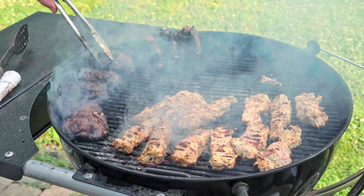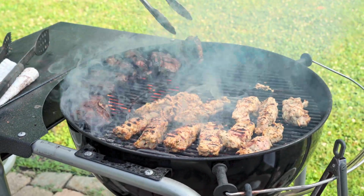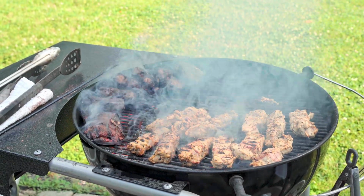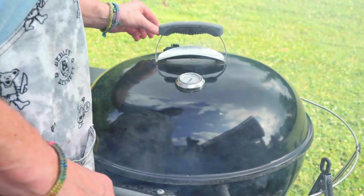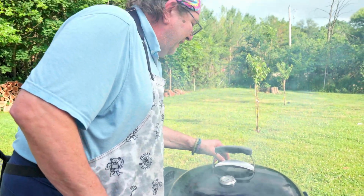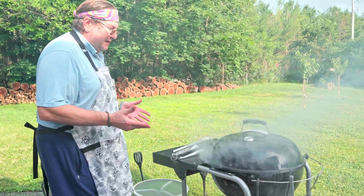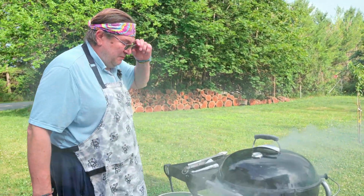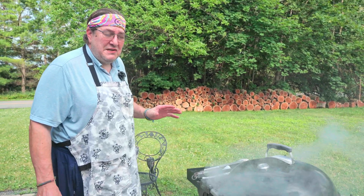Those are about medium rare right now, so I'm going to turn them on their side just a little bit. Now, say you've got a grill that's a little bit hot here and you still have to finish this up. You cover it. You open the vents about halfway so you don't put your fire out. And now we're going to bake this. My Weber has a thermostat in here. Once it gets up to about 400 degrees, I'll know that those lamb chops are done because they need to